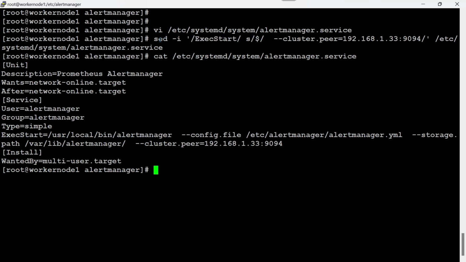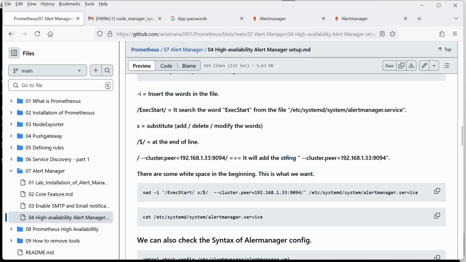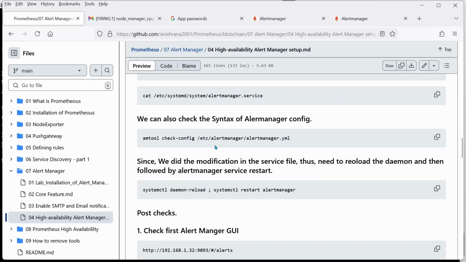You should know that sed -i is to insert the line whatever we have. It searches for ExecStart. So this keyword it will search, and after that it will add at the end. Dollar means at the end, this is what it is going to add to this line. Let's go back to our page here, and also we can check the config file,